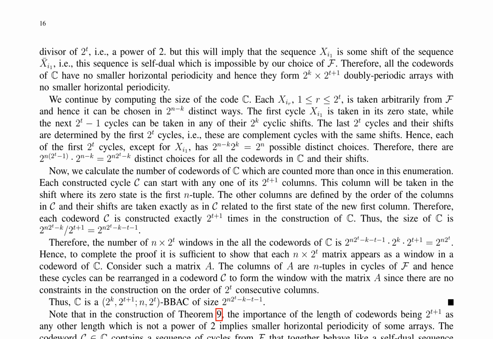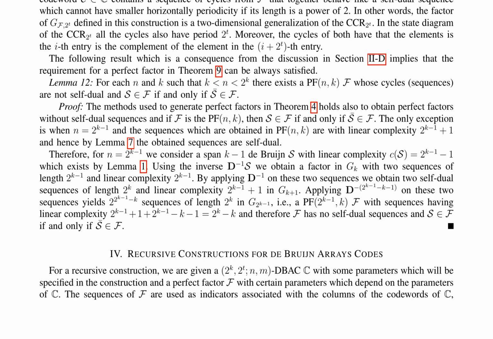The process begins with the selection of a DBAC C with parameters (2k, 2t, n, m), and a perfect factor f with specific properties. The sequences of f are used as indicators associated with the columns of the codewords of C. By combining these components, the authors demonstrate how to construct the BBAC, ensuring that the resulting code has no smaller horizontal periodicity and thus achieving the desired properties. Notably, this